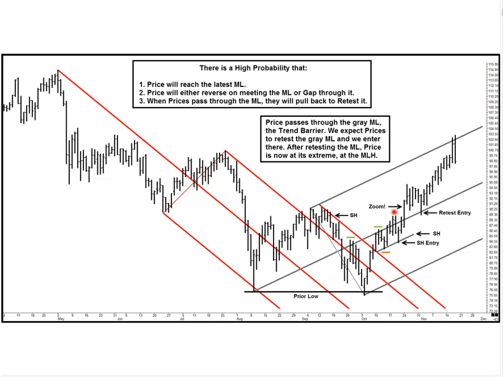So in this case, here's our sliding parallel entry. Now price accelerates through the median line, picks up steam. We still expect it to come back and retest anytime that it zooms through. So we've accelerated through. We expect a retest. If we get a retest, if we can afford the stop, this is a wonderful place to get long. Price comes up, we expect a retest. Sure enough, here's our secondary entry. This is a beautiful entry